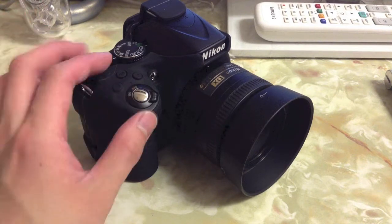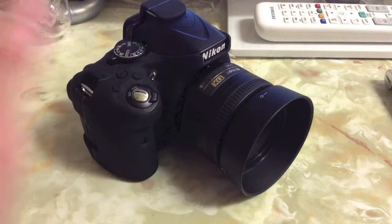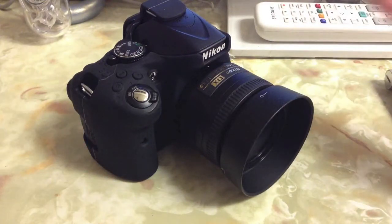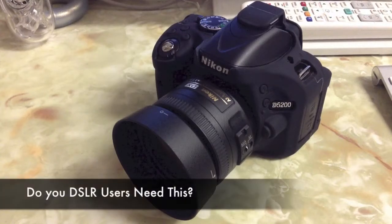They're actual brands, and most people are happy with this. But if you guys are interested in this particular model here, I'm pretty happy with it, and as I demonstrated, everything works on it, which is pretty awesome. In terms of whether or not you actually need something like this, for those of you who are planning on